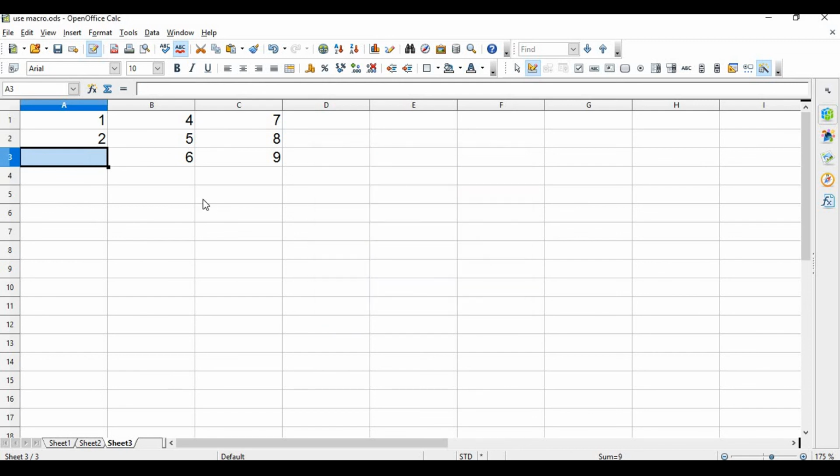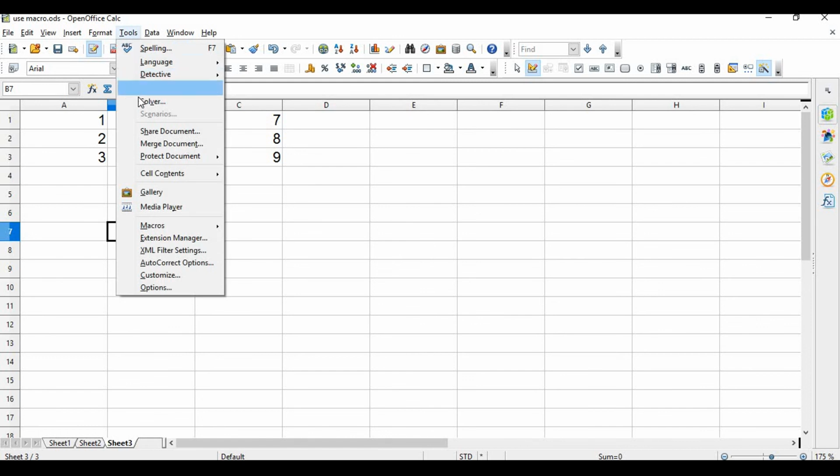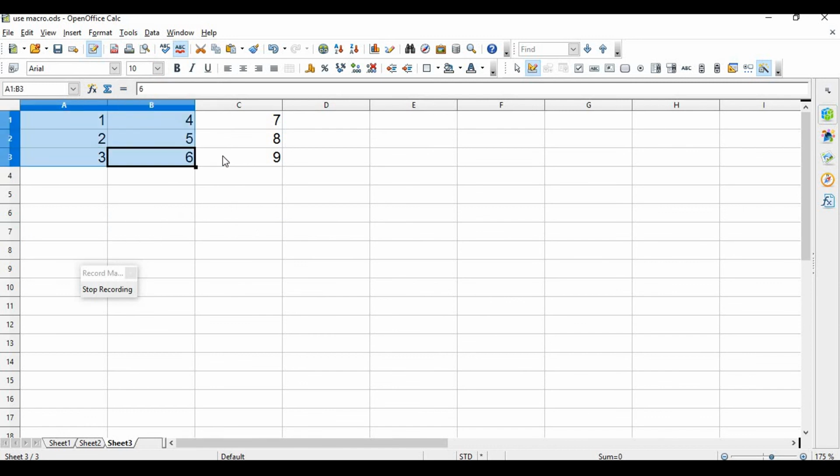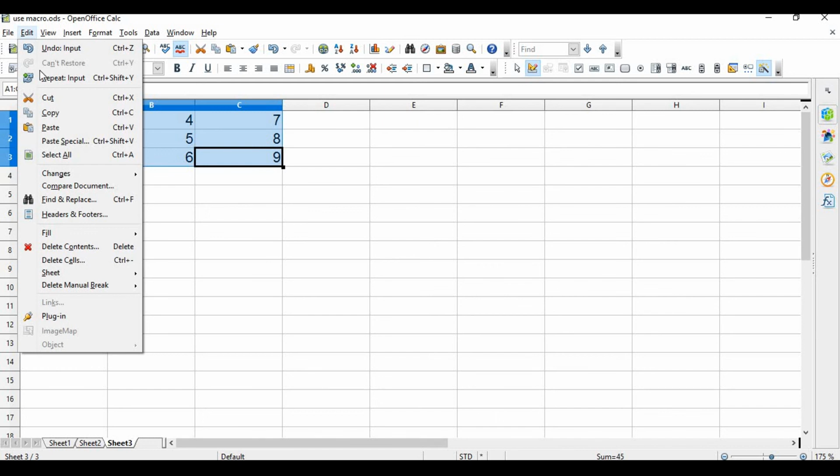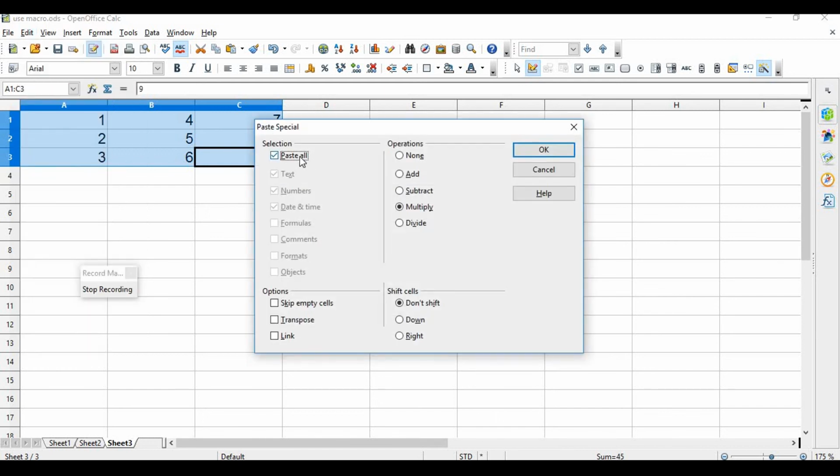Delete all. Again I am doing the same thing. First you have to select this 3, then go to the edit menu and simply copy it. After that go to the tools menu, select macro recorder, record macro, and then select all the cells. Then go to the edit menu and select paste special.